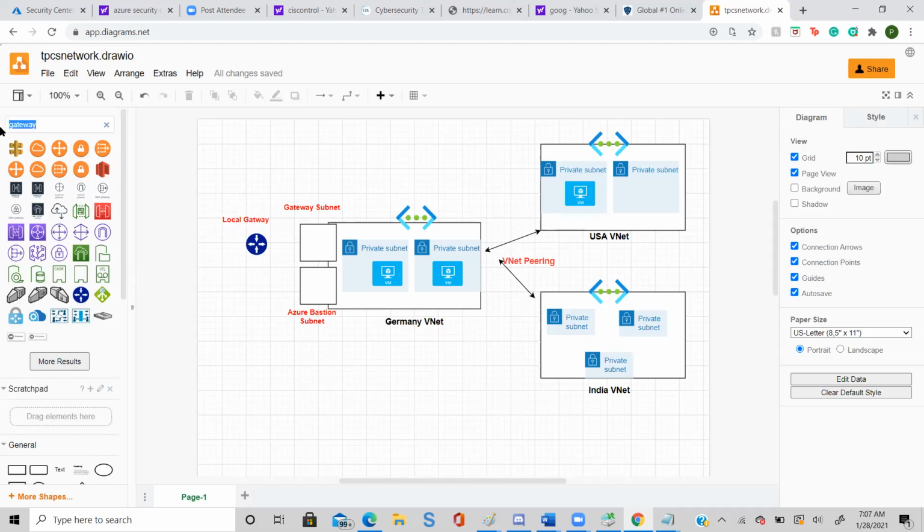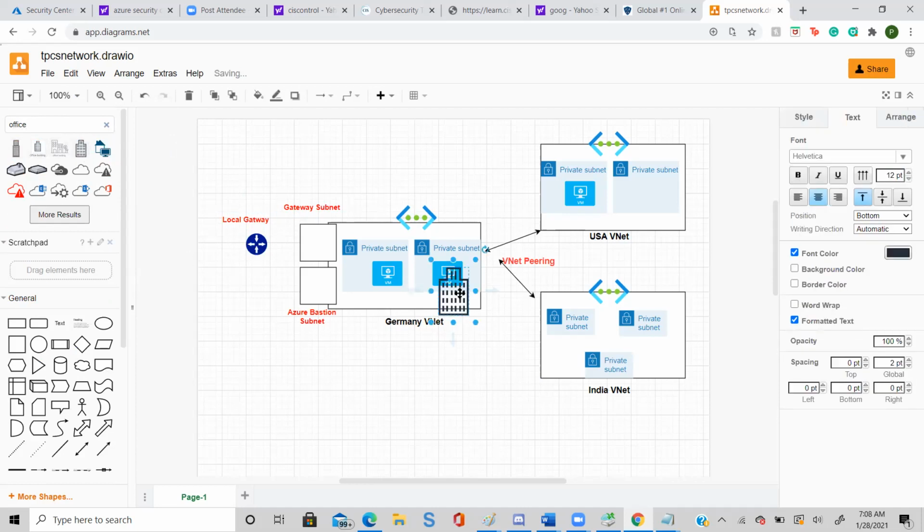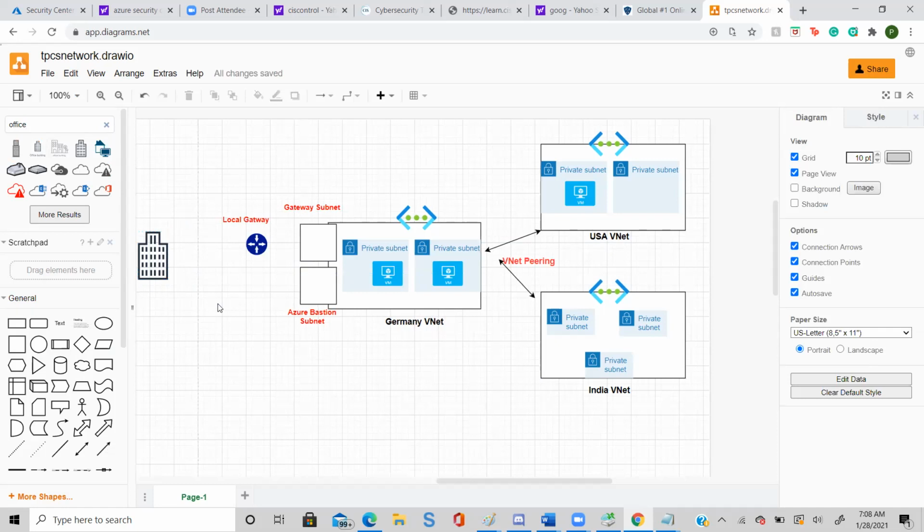Now this local gateway is going to connect to my office. So just type here office. I think this is my office, so I am going to put this here. Now you know that every office generally has a firewall. Just type here firewall.